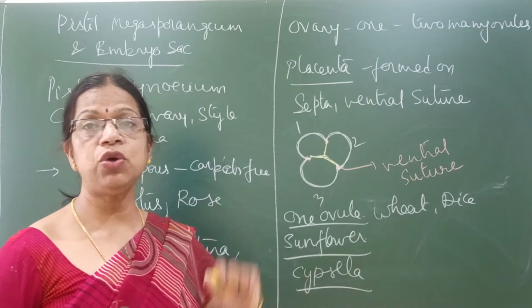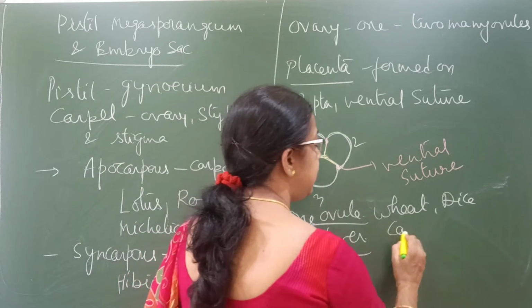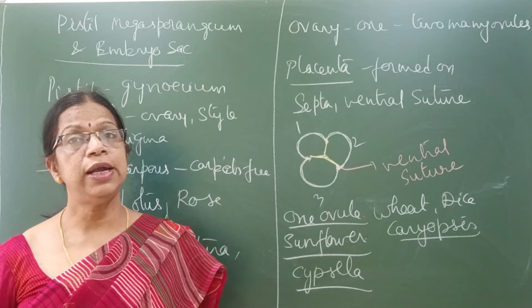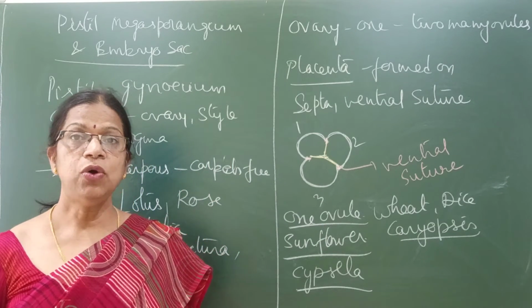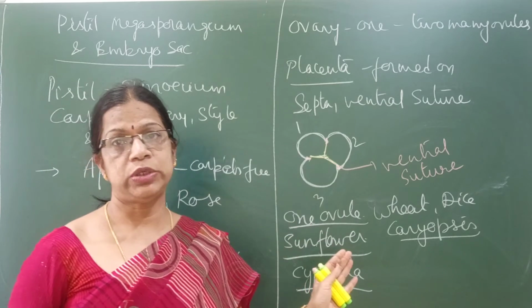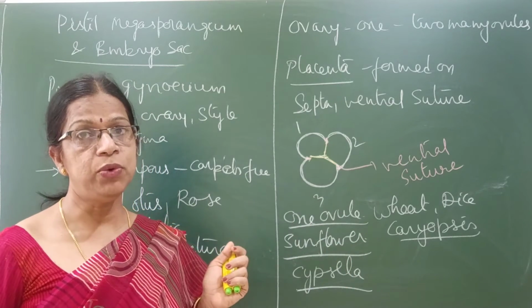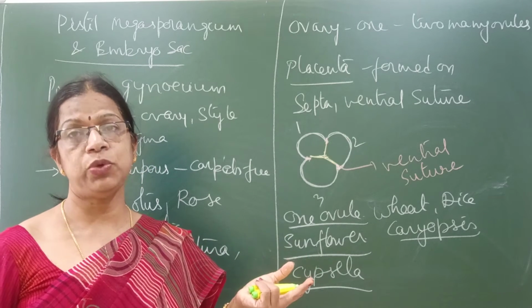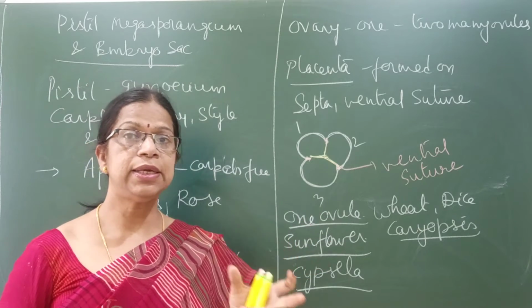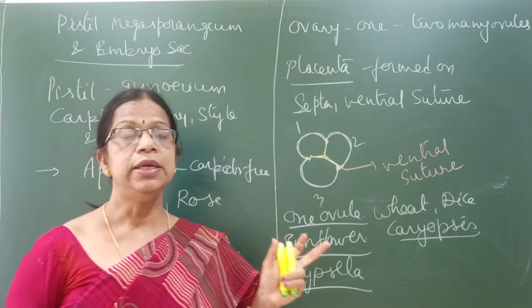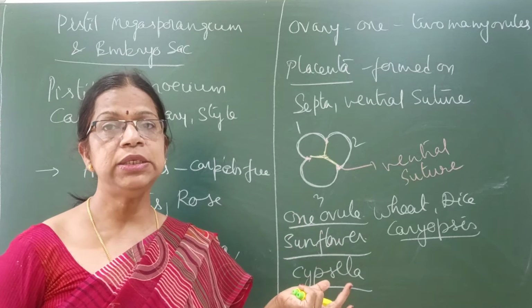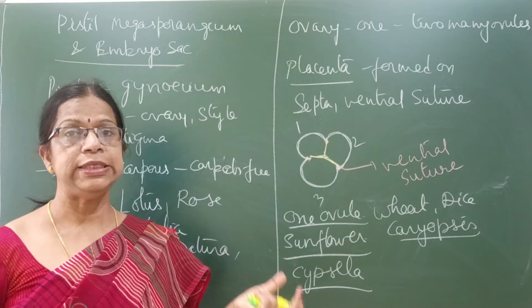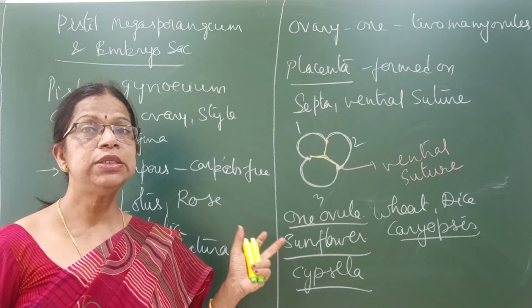And the fruit in wheat or rice is called a Caryopsis. So both are single seeded fruits, because there is only one ovule present. If there is more than one ovule present, accordingly they are distributed depending upon their placenta. Wherever placenta is formed, they are distributed. Many ovules we find in many seeded fruits, like many fleshy fruits and dry fruits which are many seeded. Okay, that is briefly the introduction.